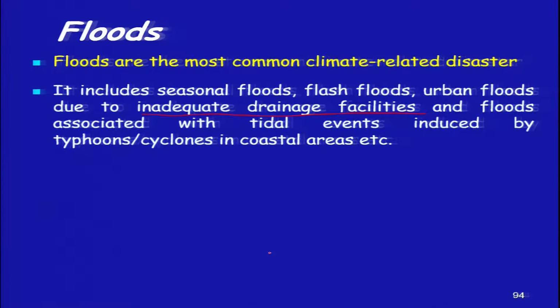So, inadequate facility of what? The inadequate facilities of drainage. We are talking about the drainage which is responsible to remove the excess water as fast as possible from that particular area. So, we can say the storm sewer or the natural sewer lines are choked. That may be one of the reasons that it does not allow the flood water to flow through as quickly as possible, or